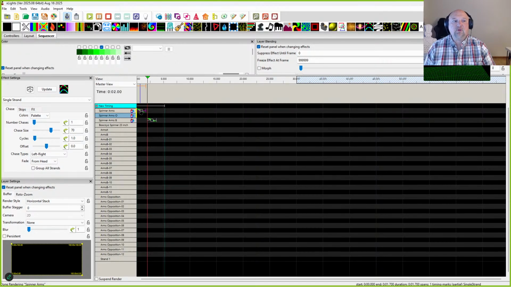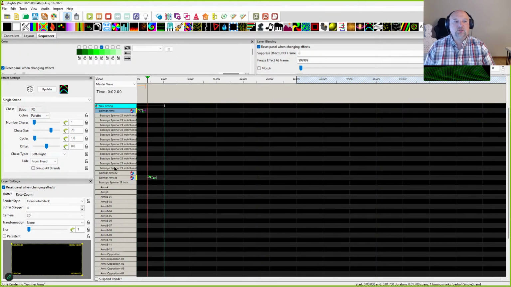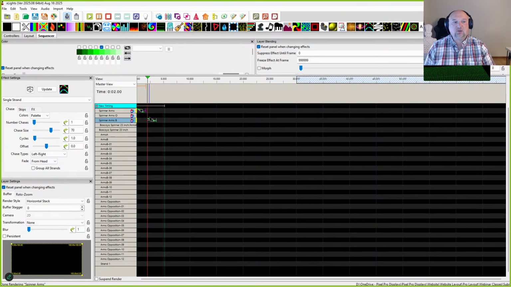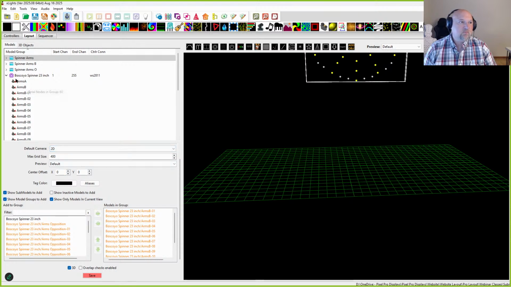So notice what happens whenever you have individual submodels in a group versus a stacked set of submodels. This is stacked on the group. Notice the difference of what they're doing. So this is why it's important to pay attention to how some sequencers have built their submodels and how they're sequencing them, because they may use a render style like horizontal stacked that gives you this kind of a chase per each of the submodels